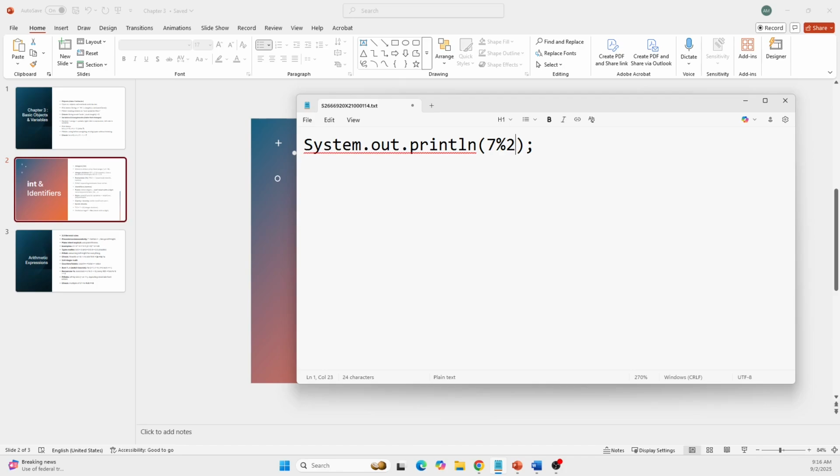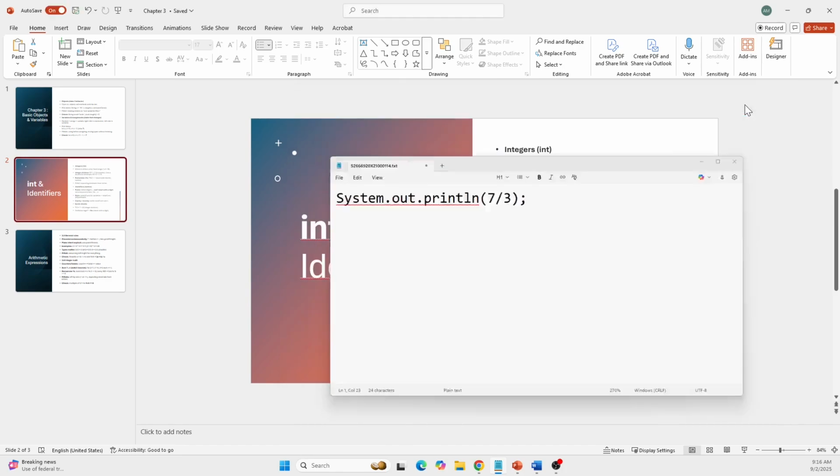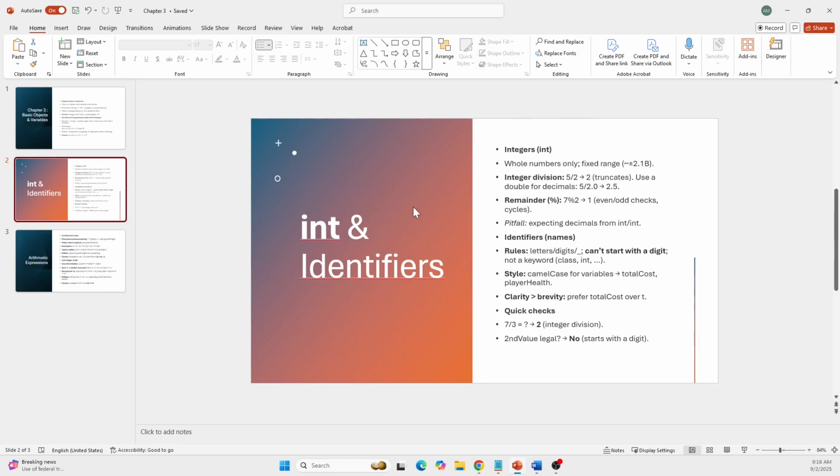A checkpoint, one thing to remember: what does 7 divided by 3 print? That would be 2, because it throws away the decimal part. That's integer division, that's what integer division is. So now let's move to